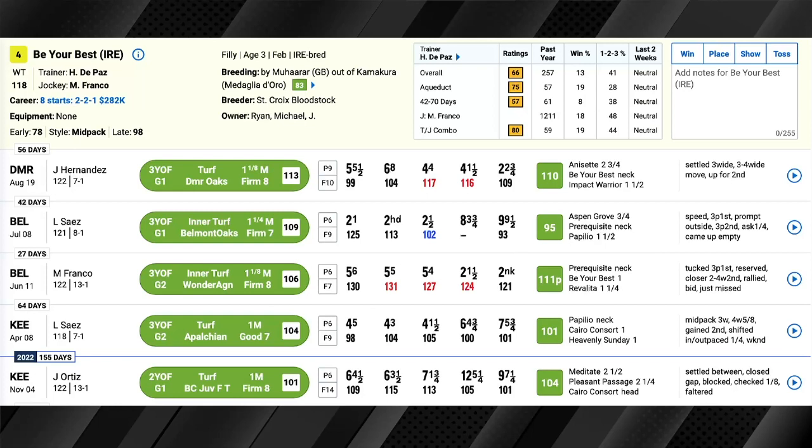Yeah, should note she is cross-entered on Saturday at Keeneland in the Grade 1 Queen Elizabeth II Challenge Cup, but this would appear to be a much more logical spot for her given how tough that race came up. The number 5 is